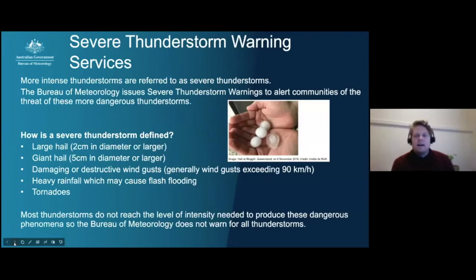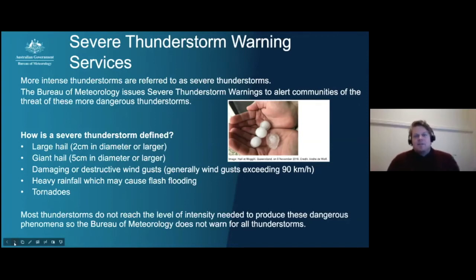So we'll just move on to, I guess, the services the Bureau offers for these severe phenomena. So we'll go through the public weather warnings that are available. So the Bureau warns for what we call severe thunderstorms. So I said just before, thunderstorms can have